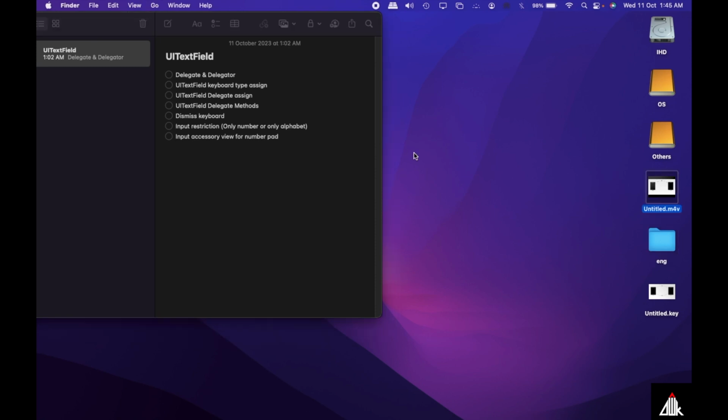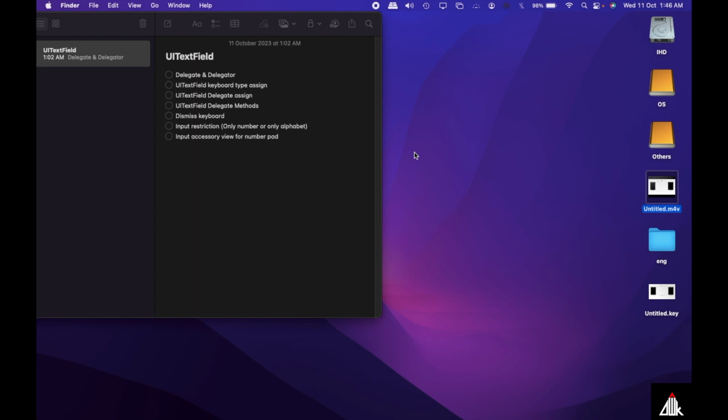So let's begin. In the first chapter we are going to learn about delegate and delegator. What is delegate and what is delegator? I am going to explain this topic with a very simple example. Say there is a supervisor and a couple of employees work under that supervisor. The supervisor assigns some jobs to those employees, and whenever they are doing some task, they keep reporting to the supervisor that I am doing this particular thing, I am doing that thing. If they fail to do that job, they also notify the supervisor that I failed at this particular step. Or if they are able to complete the job, they notify the supervisor, yeah, I have